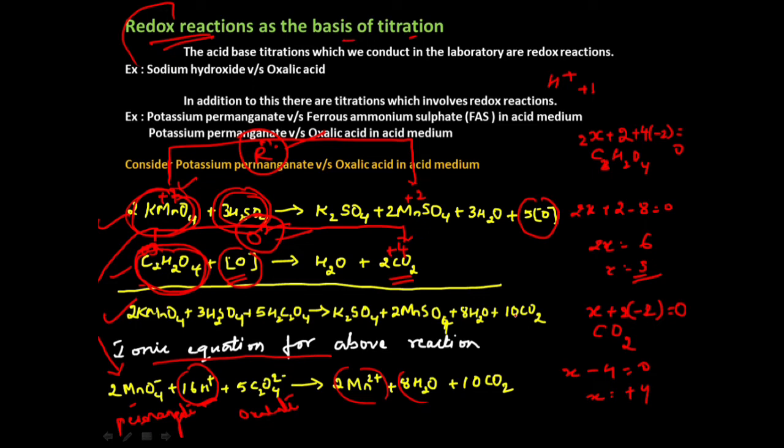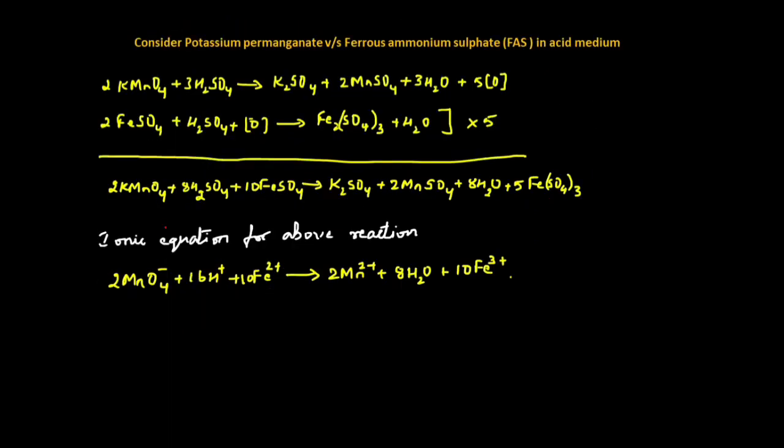So now let us move on to another example, that is potassium permanganate versus ferrous ammonium sulphate. So this is another titration. In the same way, potassium permanganate, as you know, that is KMnO4. Ferrous ammonium sulphate is nothing but